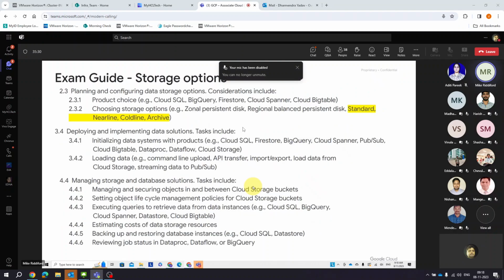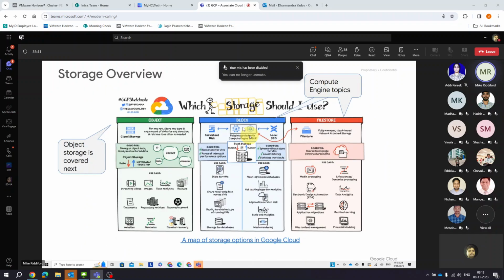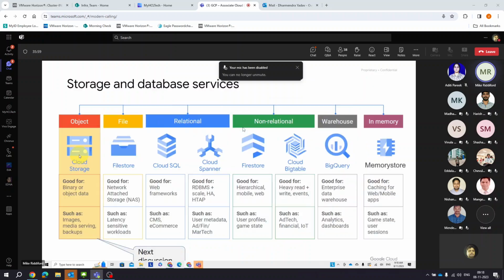Okay, so the first thing we're going to talk about is Google Cloud Storage. Now, remember that we talked about block storage, which is persistent disk, and Filestore in an earlier module, back in module 1, right? So what we're going to do now is talk about cloud storage. Cloud storage basically works off an object storage metaphor, and it's good for storing unstructured data, right? So what do we mean by unstructured data? Well,